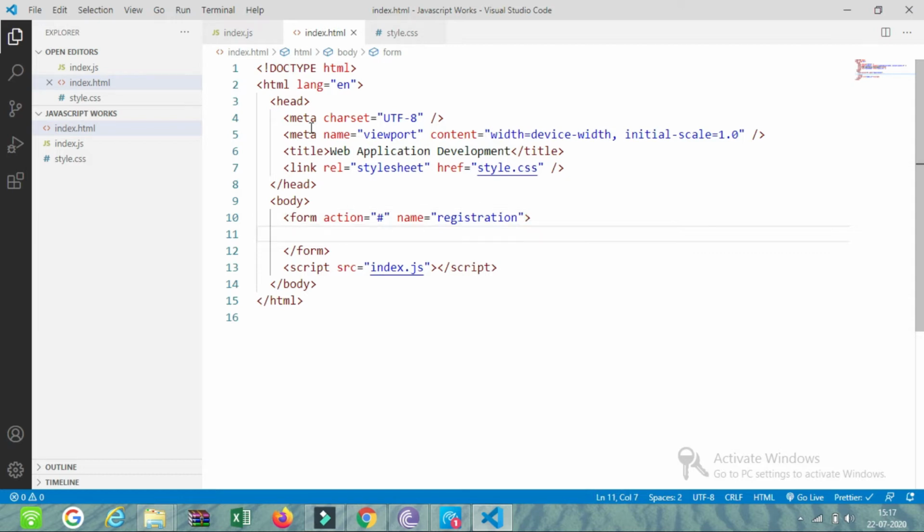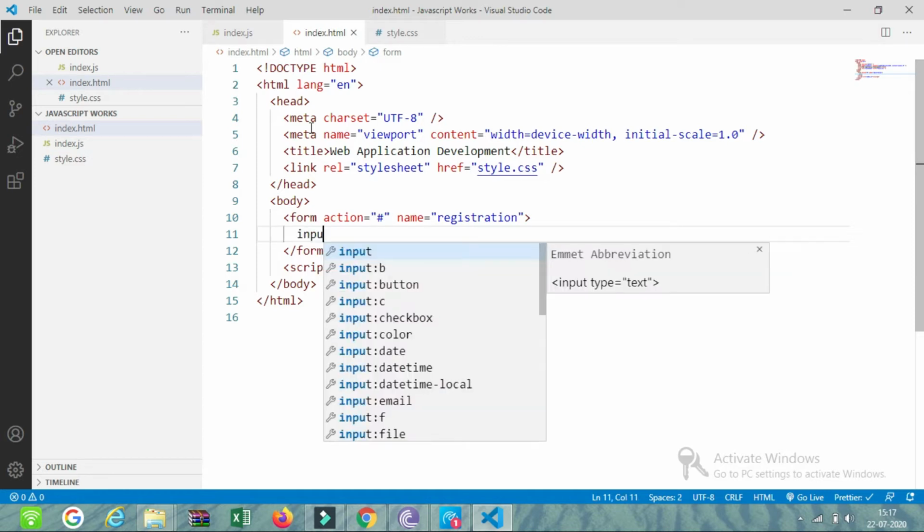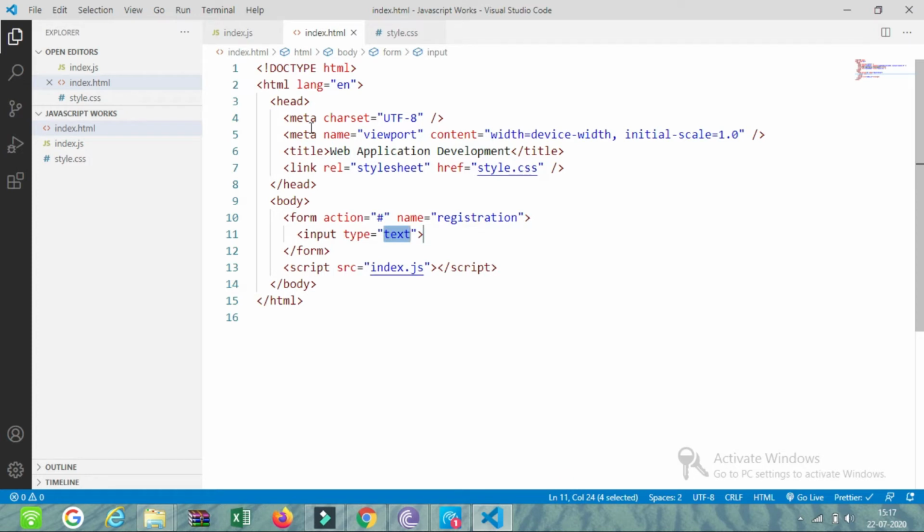Within that form, we will first create a text box. For that, we can type input type text, and within that, I can type a placeholder equal to enter your name, and give it a name. I will give it usrnm, representing username.